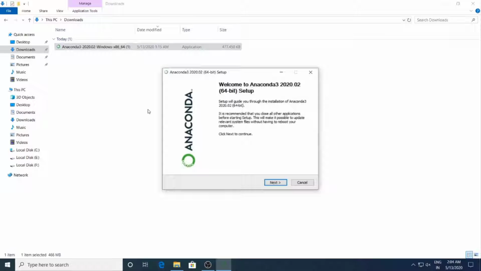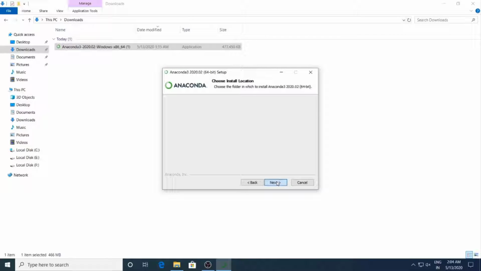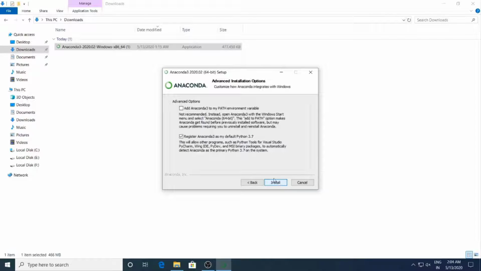Now to install, click on next and click on I agree. Next. Let's go back and see what did I miss. Okay, here it is, just for me. Okay, yeah, fine. Click on next. Choose the destination folder. You can change anything if you want. Click on install. Okay, before that you need to check either one. So I'll check the first one,